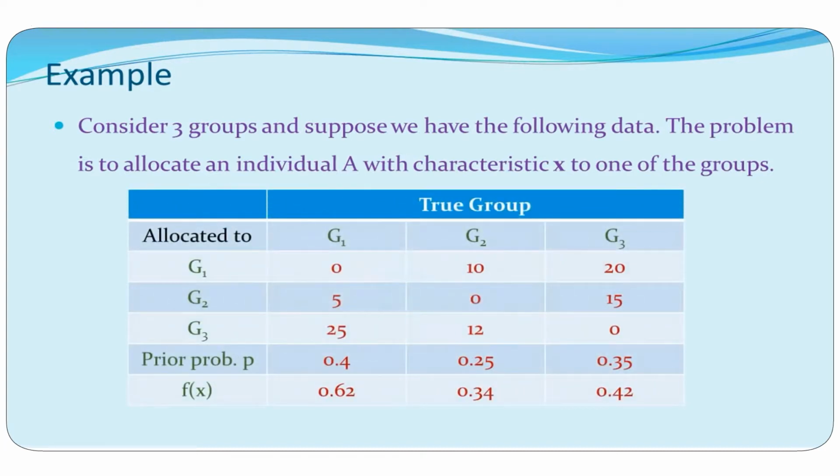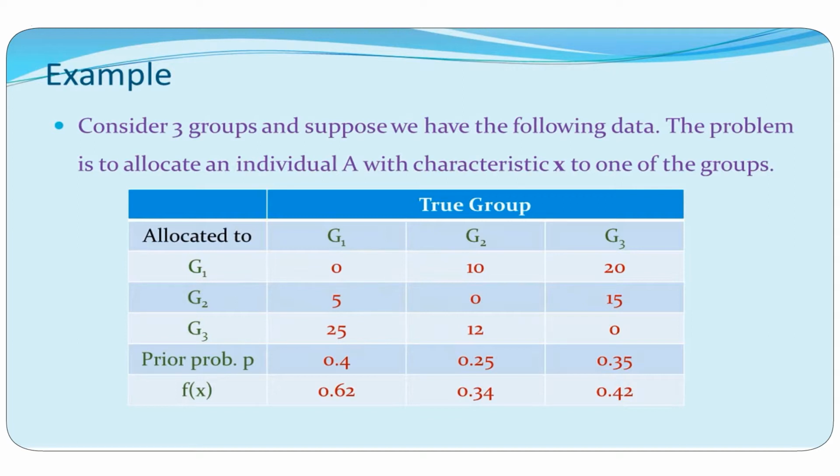Now what we have in this table is that the columns are the true groups and the rows are the allocated groups. So if you look at the top, you have G1, G2, G3, these are the actual groups to which the individual belongs, and the allocated groups are the G1, G2, G3 that he has been put into on the basis